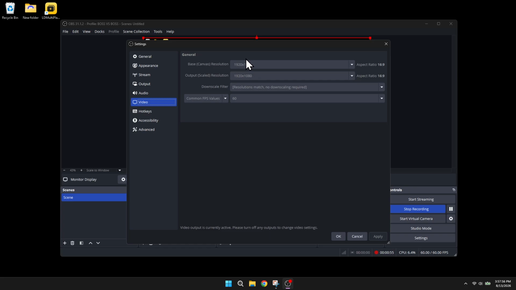In the base resolution field, manually change the numbers so it reads 1080 by 1920. Then do the exact same thing for the output scaled resolution field. In other words, both values should be set to 1080 by 1920. This tells OBS that your main canvas and your recorded output should both use a vertical portrait layout